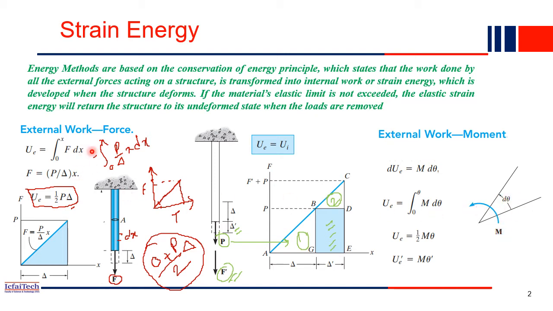So similarly, here also we did the same: work done for the force is force into displacement, how much displacement takes place because of the load. Similarly for moment, how much rotation takes place because of this moment, that will be the work done. So here the work done for the moment is moment into rotation. So M into d theta is the work done because of the external moment. Now this is for the small section.